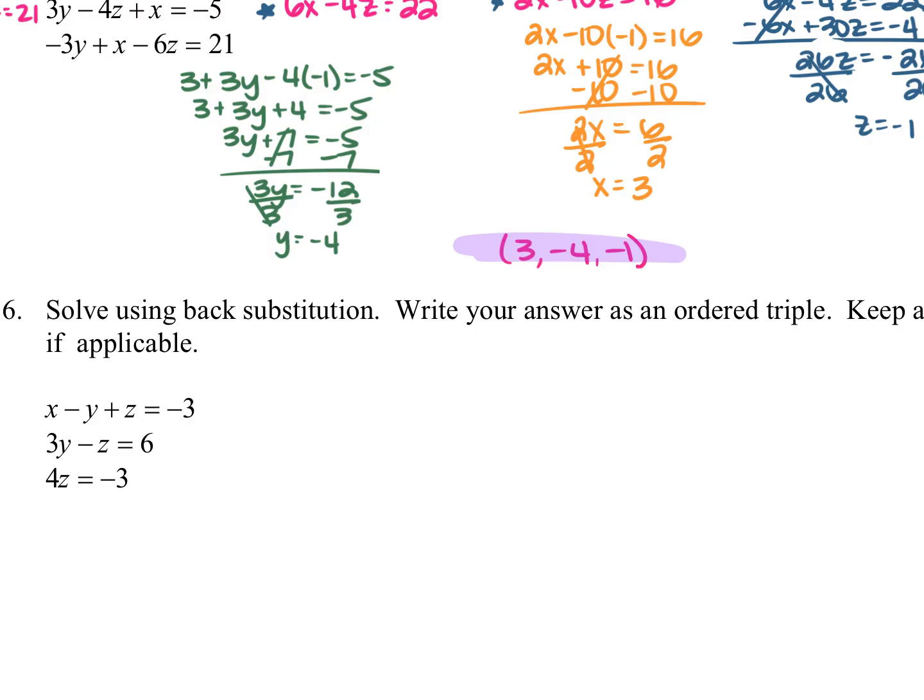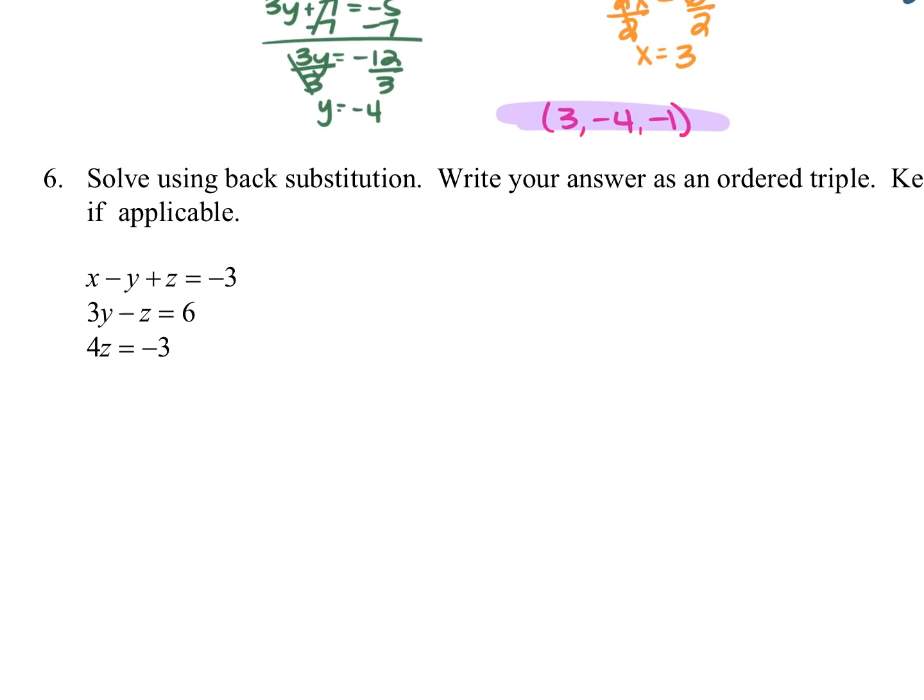Your next question, you are solving using back substitution. This is number 15 from your review. So you have x minus y plus z is equal to -3, 3y minus z is equal to 6, and 4z is equal to -3. Your z gets solved first, which gives you -3/4. You're going to plug that into your middle equation to get 3y minus -3/4 is equal to 6. This is 3y, which we don't need to turn into anything. The 3y can stay 3y plus 3/4 is equal to